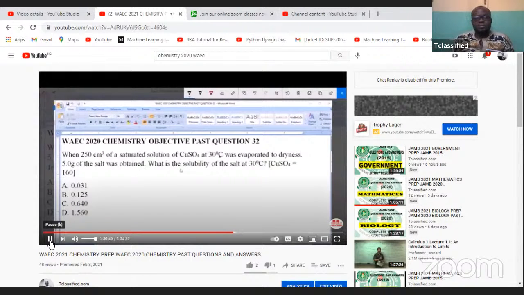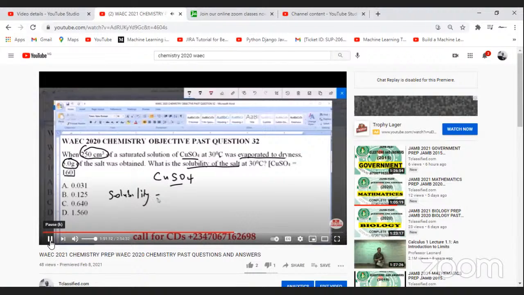So we are looking for the solubility of this salt, copper(II) sulfate. And we are given some values here, which we'll be making use of. We are given the molar mass of the salt. We are given the volume of the solution that was containing the salt. We are also given the mass of the salt that was obtained when it was evaporated to dryness. So the formula we use to calculate this solubility